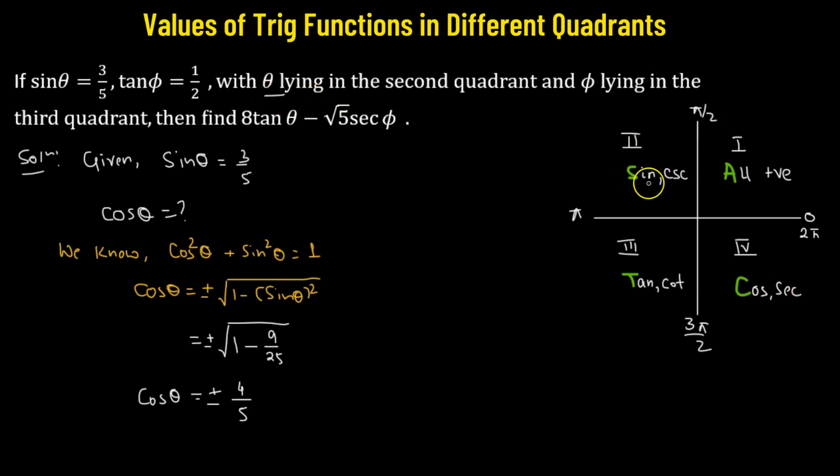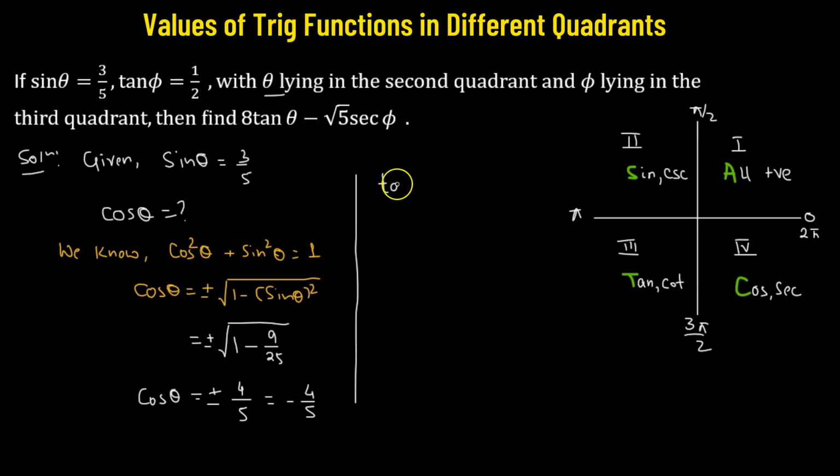So in the second quadrant, only the sine and the cosecant function are positive. The rest are negative. So that means we'll have to consider the negative value for cosine theta. So we'll consider negative 4/5. Now that we have the value of cosine as well, we can use it to find out the value of